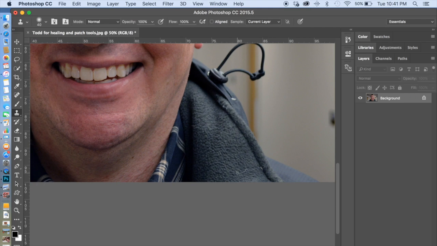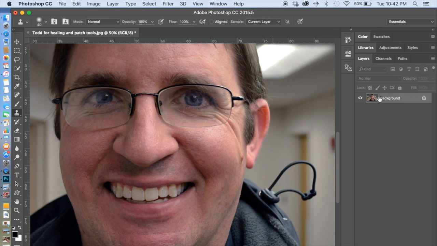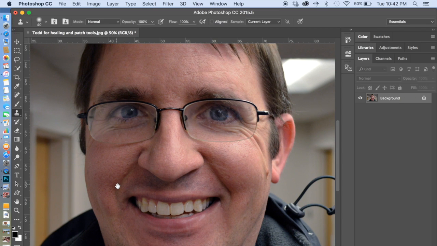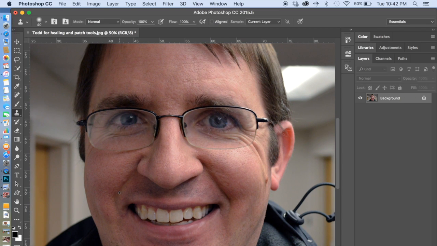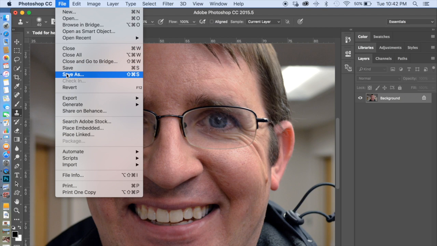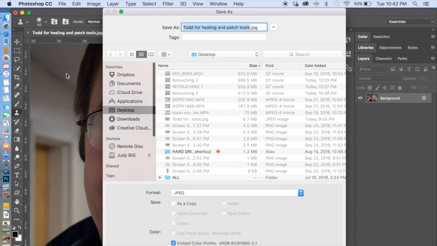Now you'll notice that we've been working in the background layer. You see here in the layer panel? And so we've been applying these changes directly to the image. And so we're going to save it now as a 01. We're going to add a 01 to the Photoshop document. So I'm going to go in and I'm going to save as